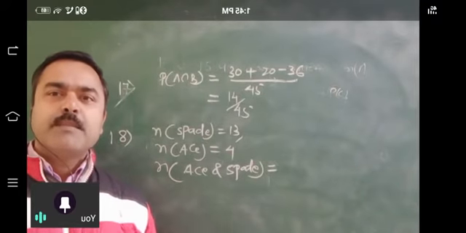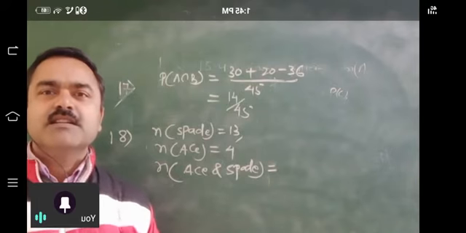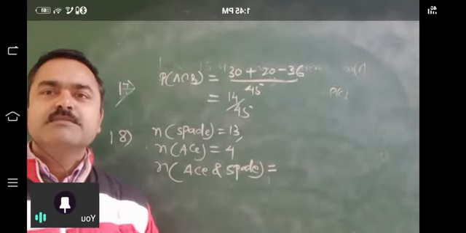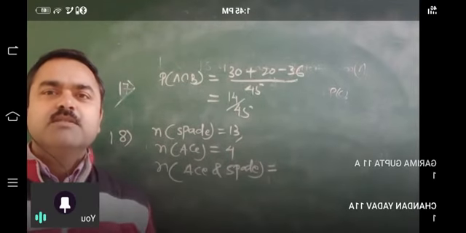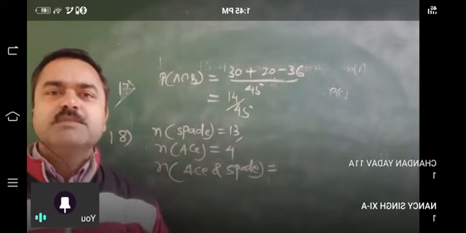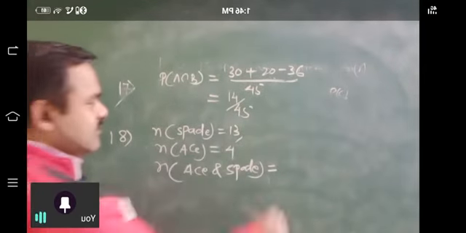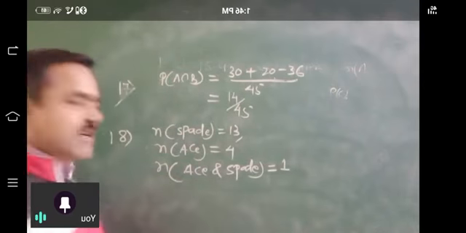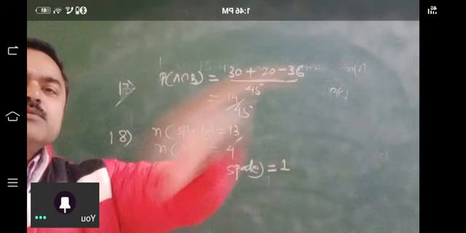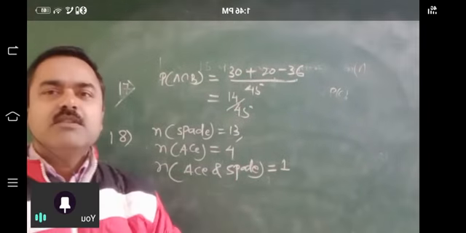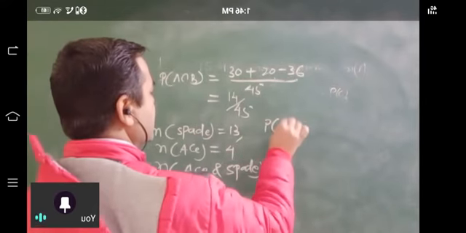Tell me students, एस ऑफ स्पेड, how many cards are there? One. Good, क्योंकि you know in every suit there is one ace, so out of 13 one is ace. So this is one only one which is ace and spade both. अब आपको सीधा पता होगा कि if you are drawing a card then that will be out of 52. So what is the probability of drawing a spade card?